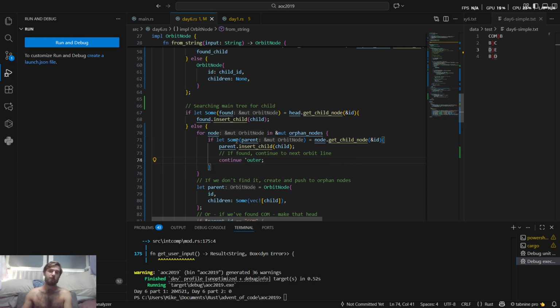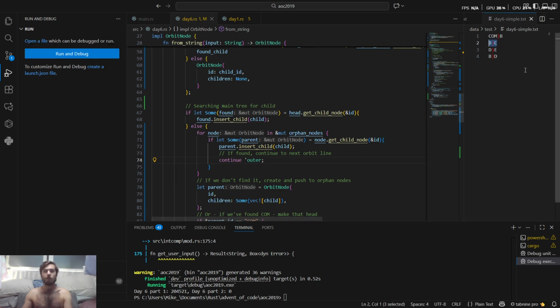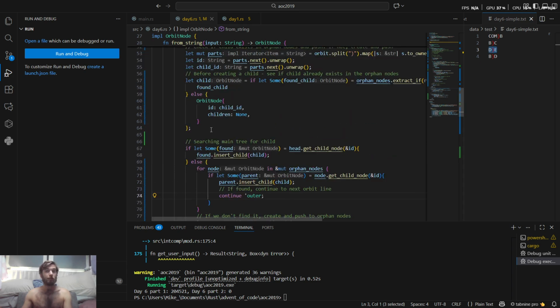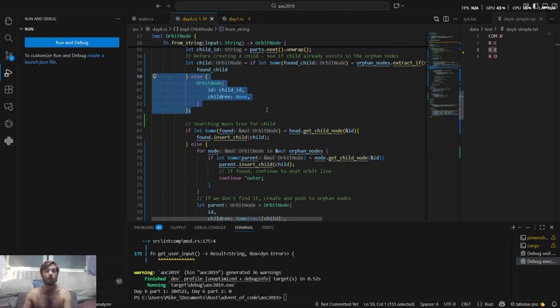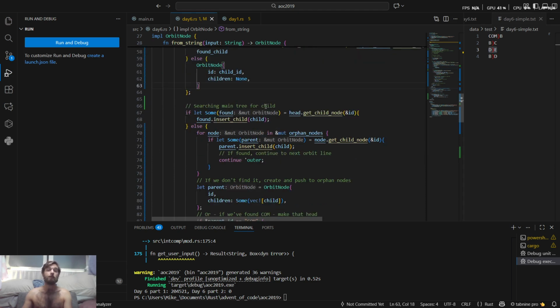Now I need to explain how it works. Right. Step 1. Create a node of D which has C which has no children. Get to D. Get to node E, which has a parent of D. Okay. Now we've created the child with an ID of E, and now we're looking for the node D to